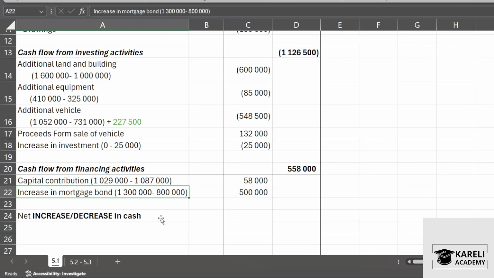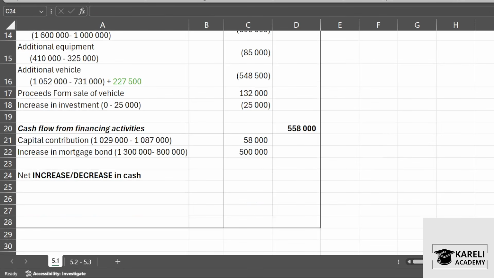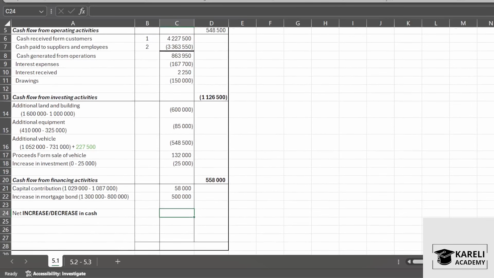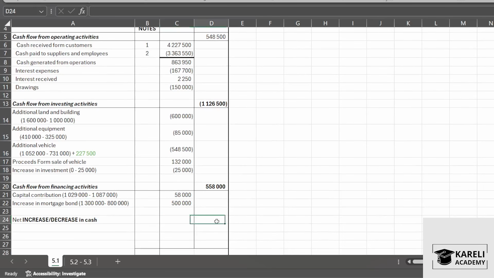Now we want net increase or decrease in cash. Now, how do we get that? To get that, we are going to add these three amounts. Equals cash from operating activities